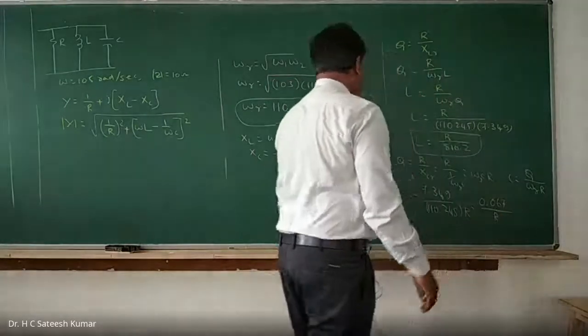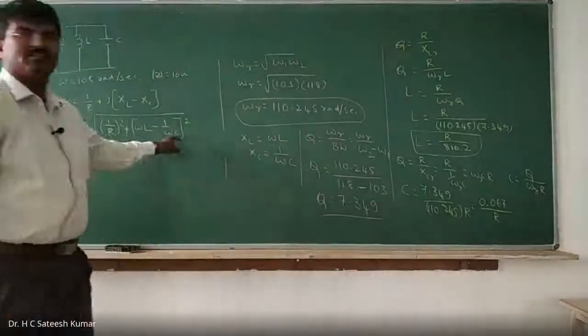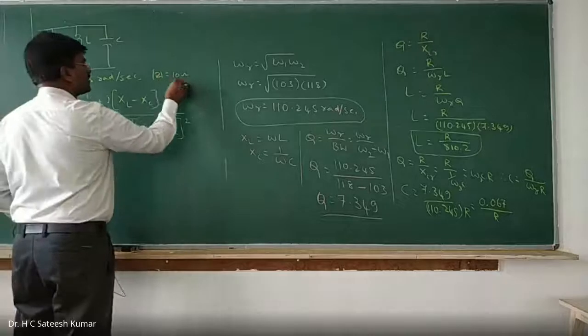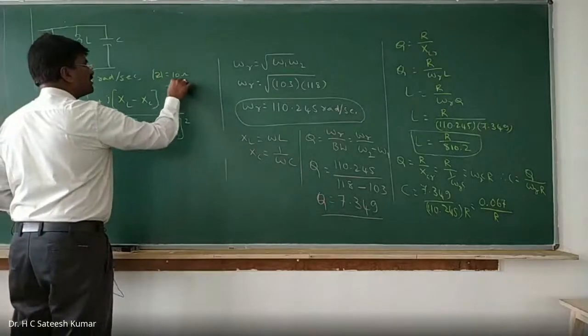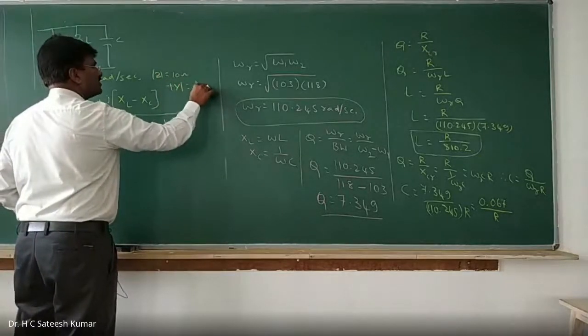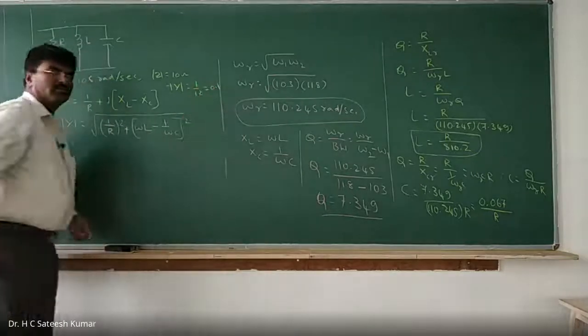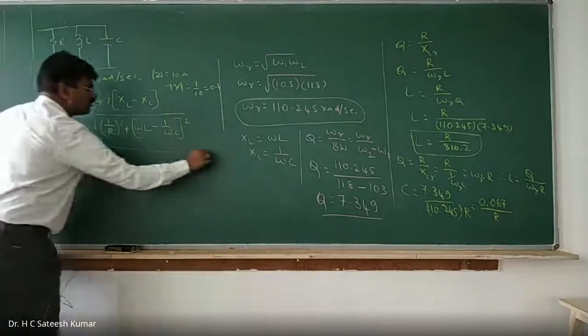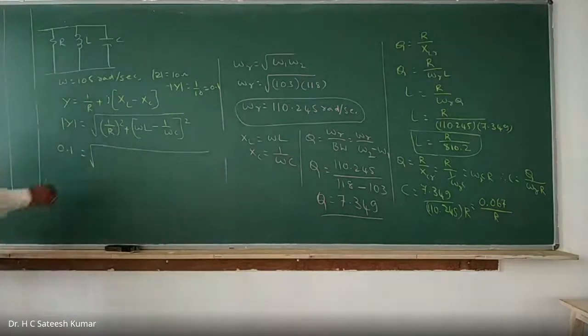Now substitute your L and C in terms of R. So magnitude of Y, what is it that he has given? Magnitude of Z is equal to 10. Therefore magnitude of Y is equal to 1 by 10, which is nothing but equal to 0.1. Now this one I can write as 0.1 is equal to square root of 1 by R square